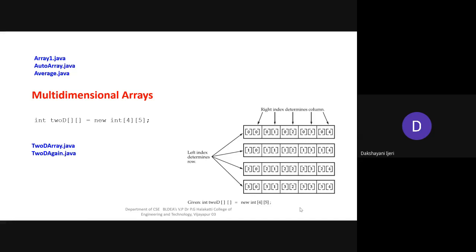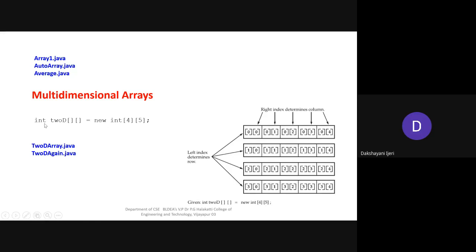Okay. So coming to the next concept, that is the multi-dimensional array. Whatever examples we have discussed so far are single-dimensional arrays, where we have stored the elements in a series. Suppose we wish to create multi-dimensional arrays, either two-dimensional or three-dimensional. In that case, what is the syntax to be used here? The same way, instead of a single square bracket, if you have a two-dimensional array to be created, you need to use two square brackets followed by the rest of the things the same.